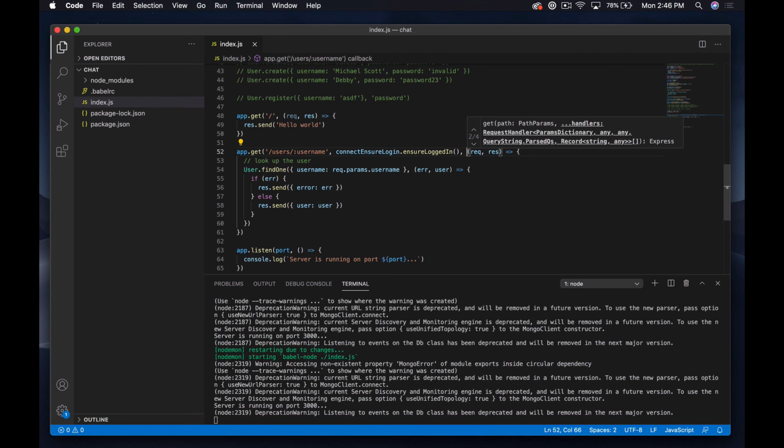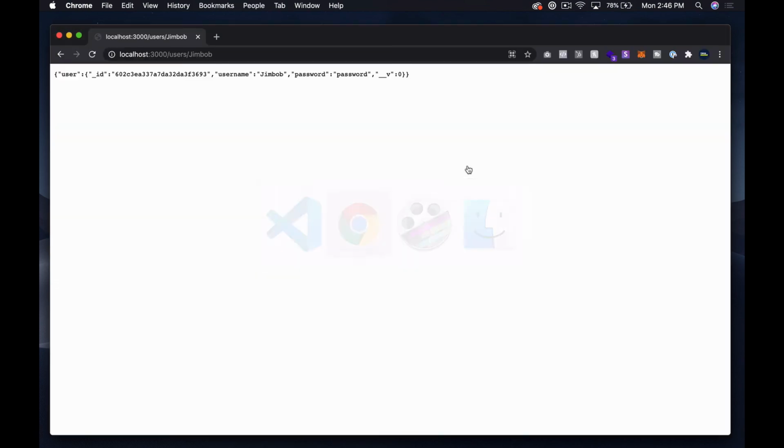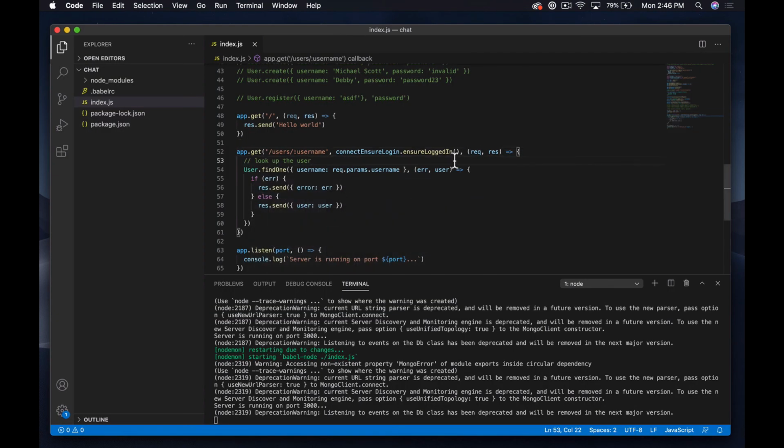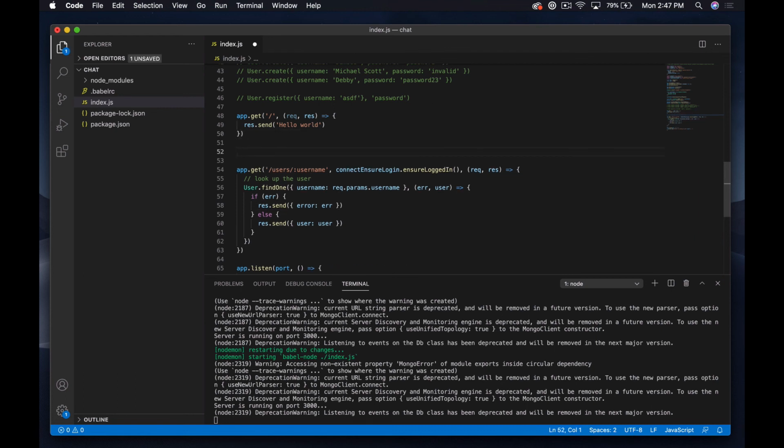So we can save that, and then if it works, let's go see what it does if I try to refresh here. So basically it's just redirecting me to a path called login. So that's obviously something that's just in that tool, that's in this code base somewhere. It's hard coded, I guess, inside of connect ensure login, and they're assuming that you have a route called login. And so what we can do is above we can say app.get